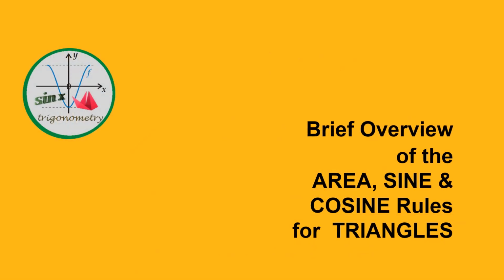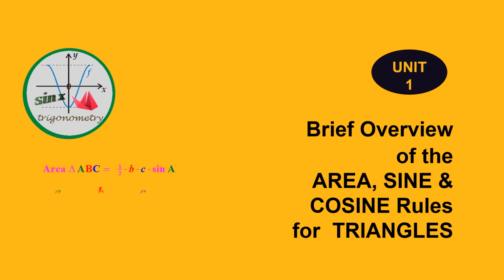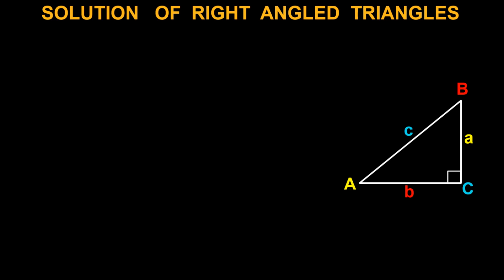Let us just briefly look at the area, sine and cosine rules for triangles. Let us first consider the solution of right-angled triangles. Here we have a right-angled triangle ABC, with angle C being the right angle. AB is the hypotenuse, BC is the opposite to angle A, and AC here, which is the adjacent to side